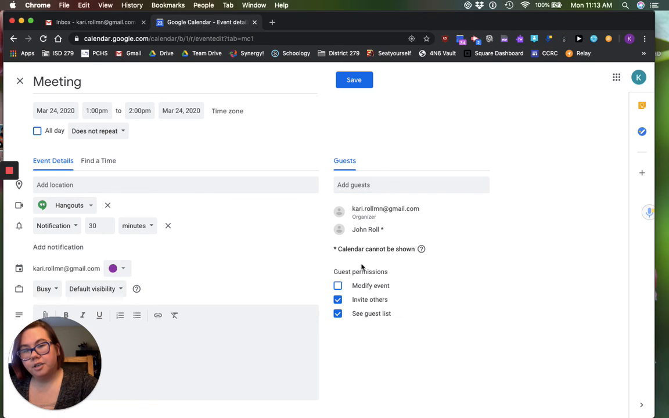You do want to make sure that down below the guest options, this box that says invite others is checked, because that will allow them to add other people. So if somebody you invite realizes that there's another individual